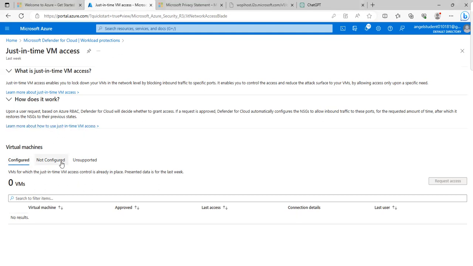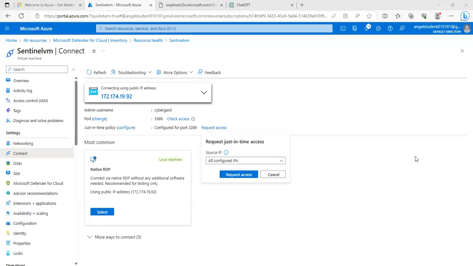Learn about how to use it. Not configured, unsupported, virtual machines. All right, so I came into my machine and found the just-in-time